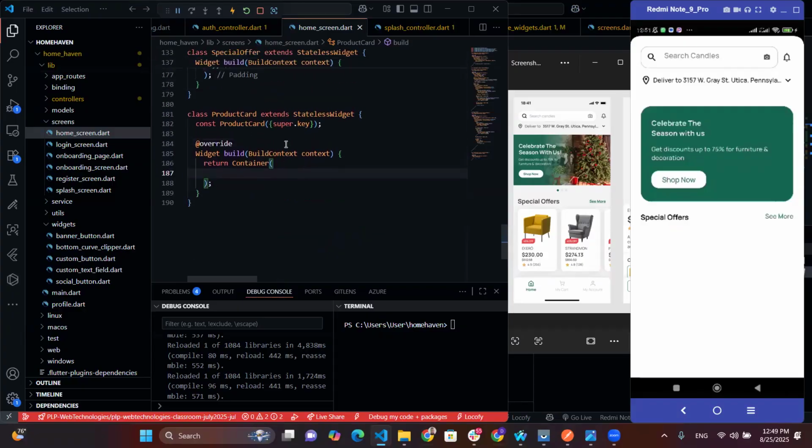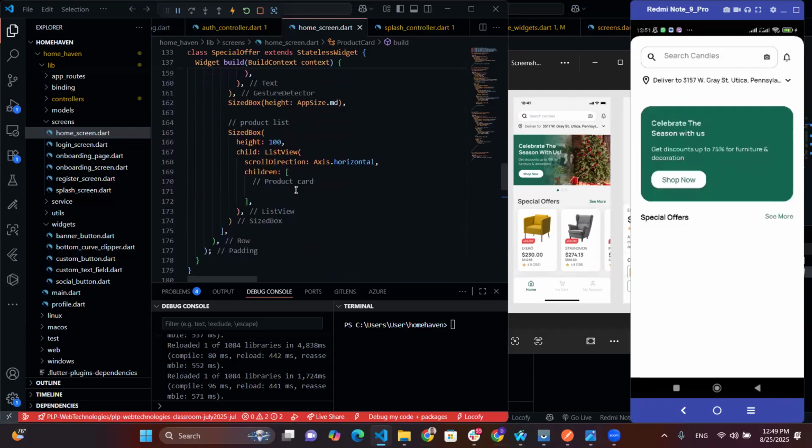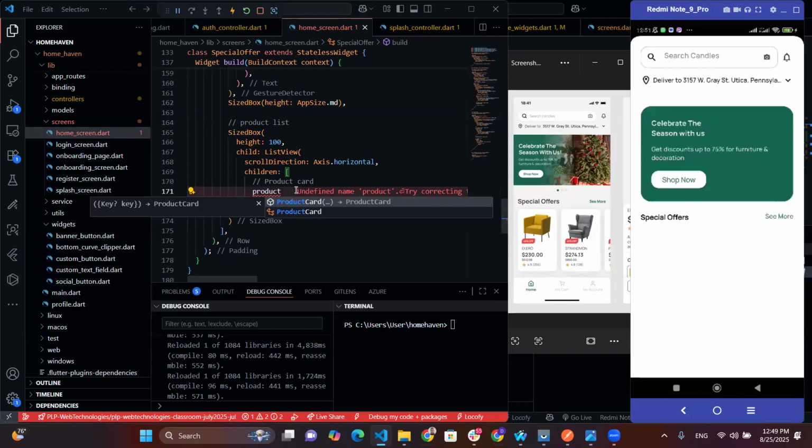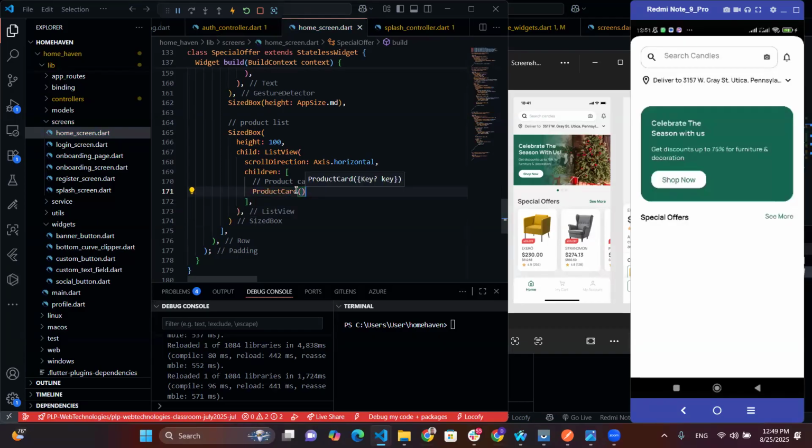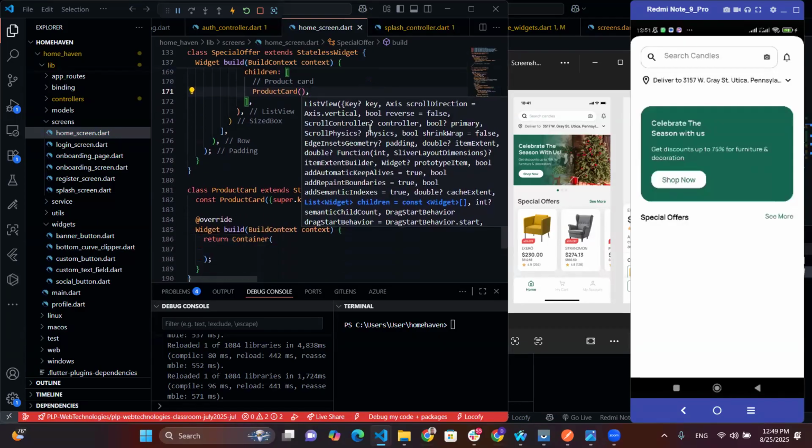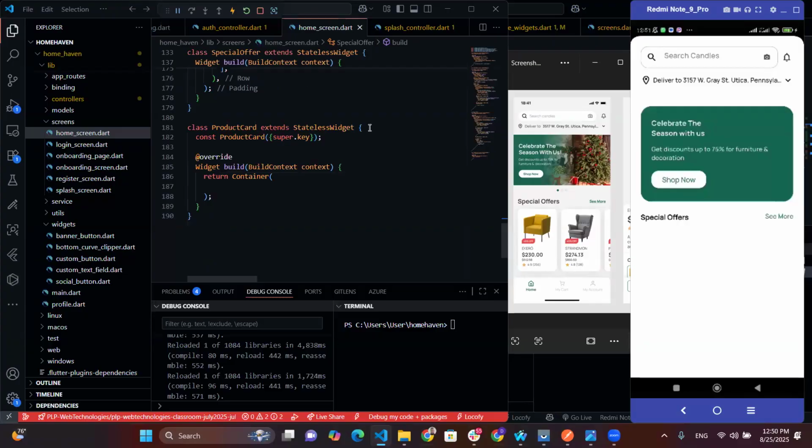Okay, so I have product card. So I can possibly come here and just do products card. Okay, so now that we have that in there, let's set up our